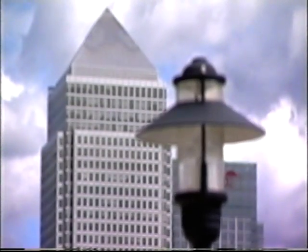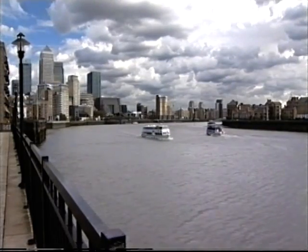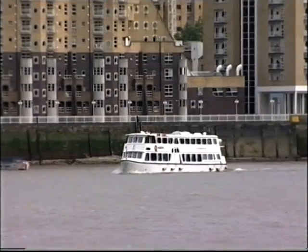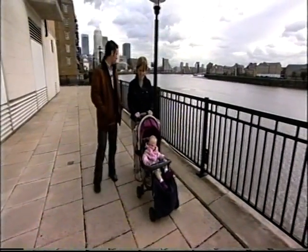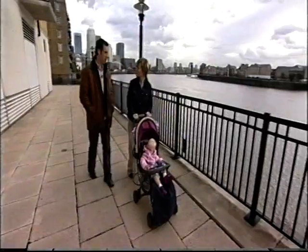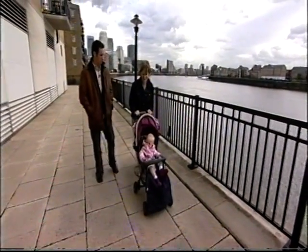Unless you go to Canary Wharf, where you really feel that you are more within where everyone's wearing their suits and the city workers. But no, you don't really. I mean, there's obviously a lot of advantages. You're right beside the Thames. You've got stunning views, but there has to be a downside to living around here, whereas...